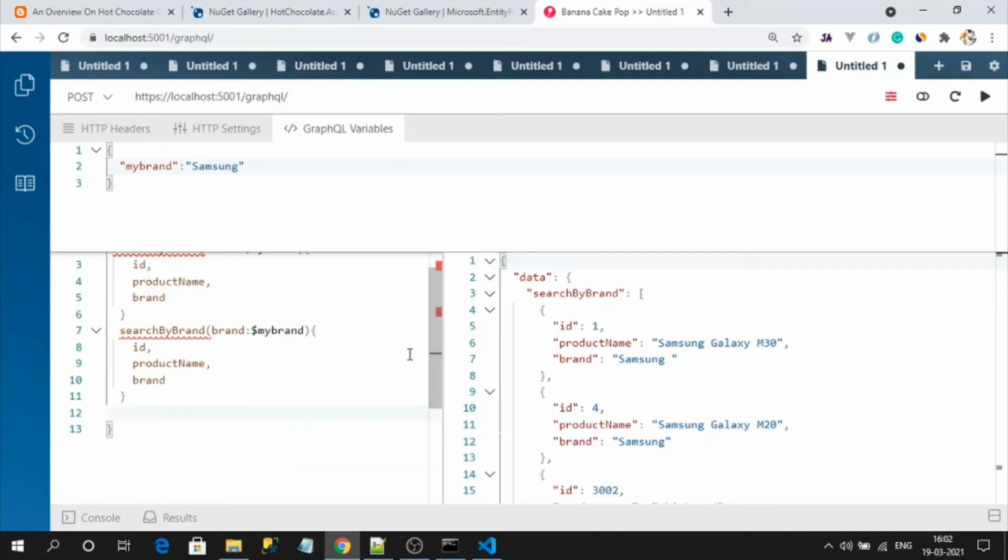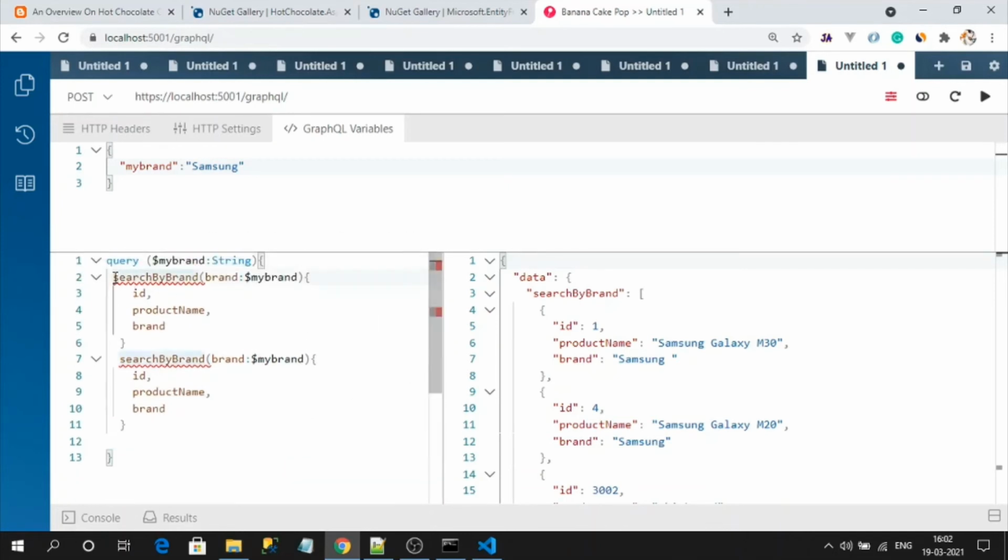Here we need to give alias names so that it will be very easy while returning the response. So I can say gadget 1, and here I will give an alias name like gadget 2. Here I can't use my brand directly because then Samsung will be executed two times. There is no difference, our requirement will fail. So we need to create one more root variable, my brand 2, and I will set it to 1 plus.